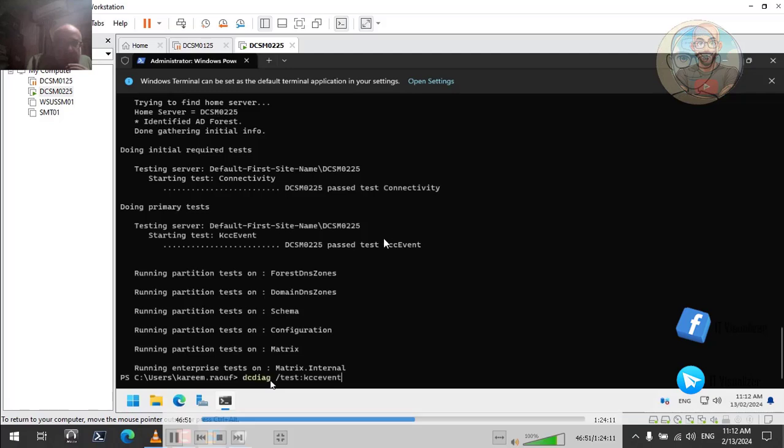There are no errors concerning the KCC on this server, but it didn't test the KCC service on the primary domain controller. So this is not considered a successful test. It didn't see any errors concerning the KCC on this server, but it didn't check the KCC on the other server. So now we will have another test called known